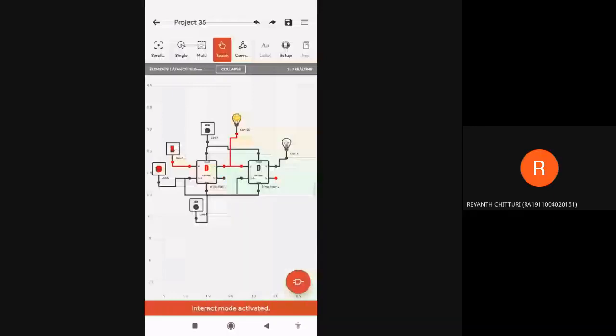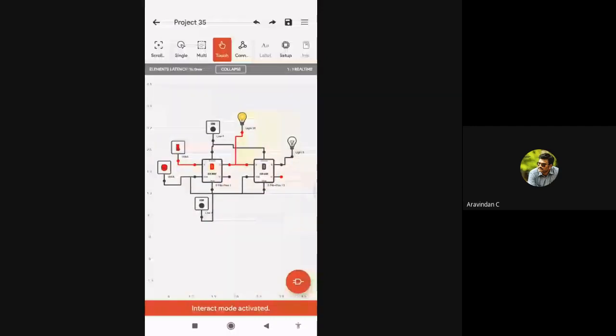The first bulb will glow, because there is a transmission of data 1 from the input to the output. And the output of the first flip-flop is given as an input to the second flip-flop. Is there any transmission in the second flip-flop? No. To have the transmission, what do I have to do? Give one more clock pulse. Yes, so I'm going to give the second clock pulse so that the 1 has been transferred.